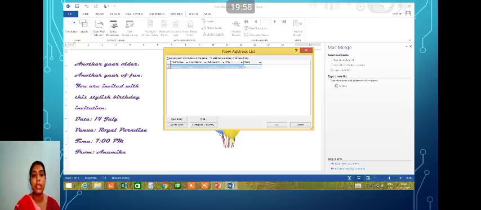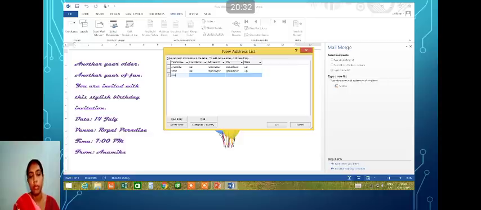Here you can create this list and you can use it for future also, because you have seen that option now, use an existing list. So these lists you can use for future also, because whenever you are inviting some persons for any purpose, your list remains almost the same. Some names are added or some names are removed, but almost the names remain the same. So the same list you can use again and again.